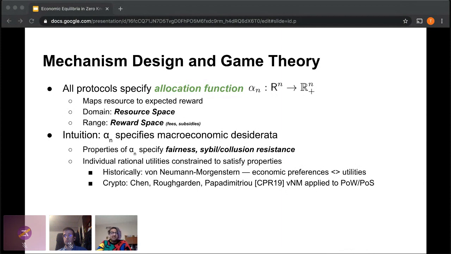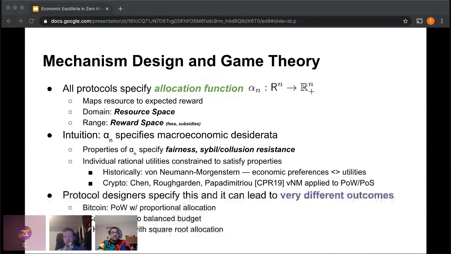Well, a simple axiom, for instance, is say I have a society and all of them prefer good A to good B, then in the total societal preference, the average, the ranked vote of everyone, A has to be preferred to B. So that might be one of the axioms you choose. So that's a constraint that's made, but that constraint translates to a constraint on the function that is allocated. And in crypto, this paper by Chen, Roughgarden, and Patrick basically tried to apply this to proof of work and show that for a certain definition of fairness, there's a unique allocation function.